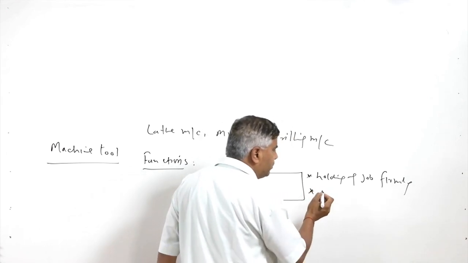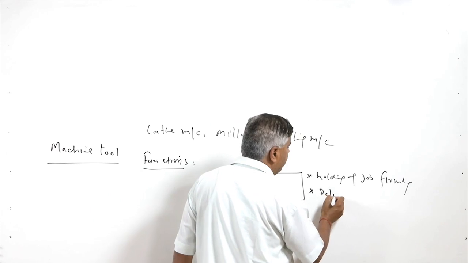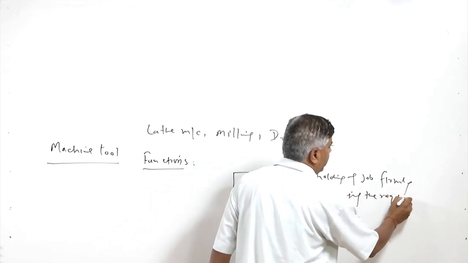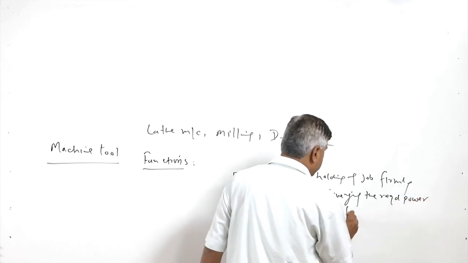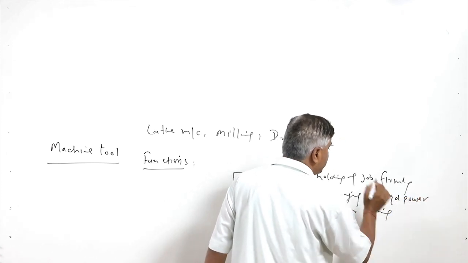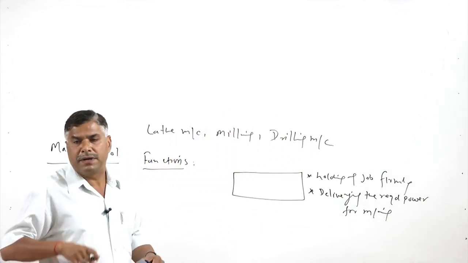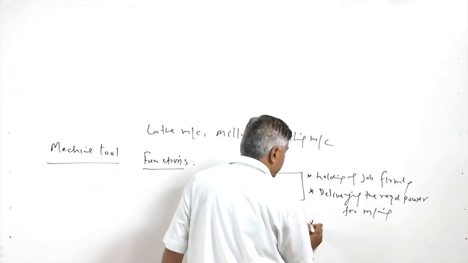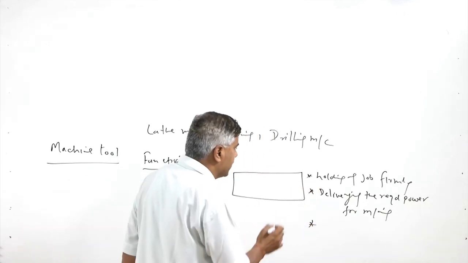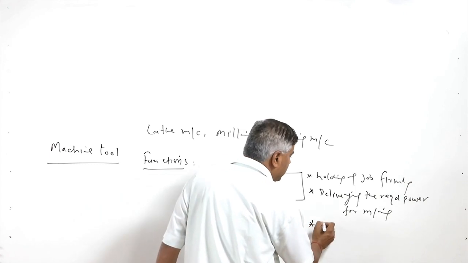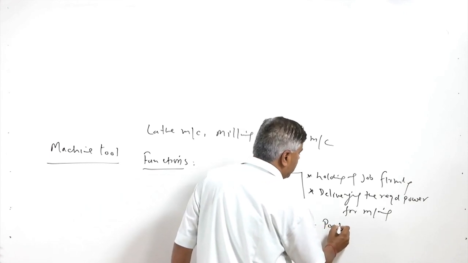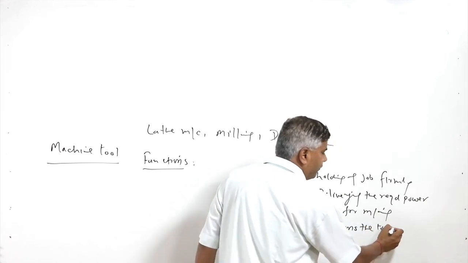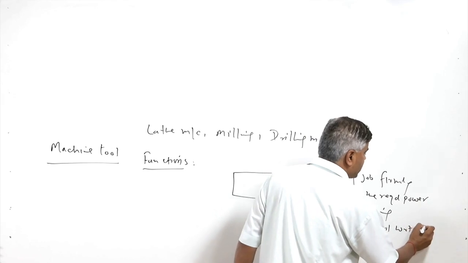Another is delivering the required power. This is needed to ensure that machining takes place. If the required power is not available, then there will not be any metal removal or metal cutting. Another thing is that it positions the tool with respect to the workpiece,